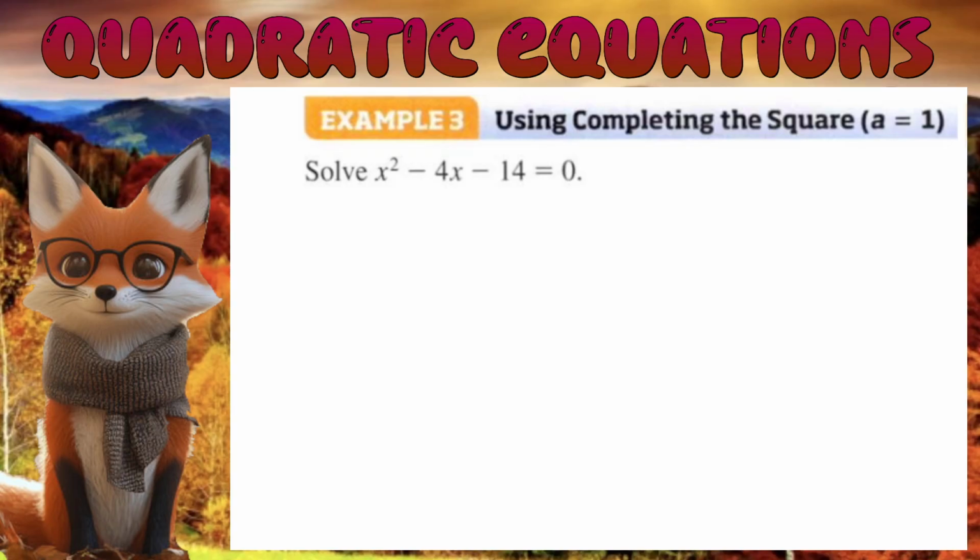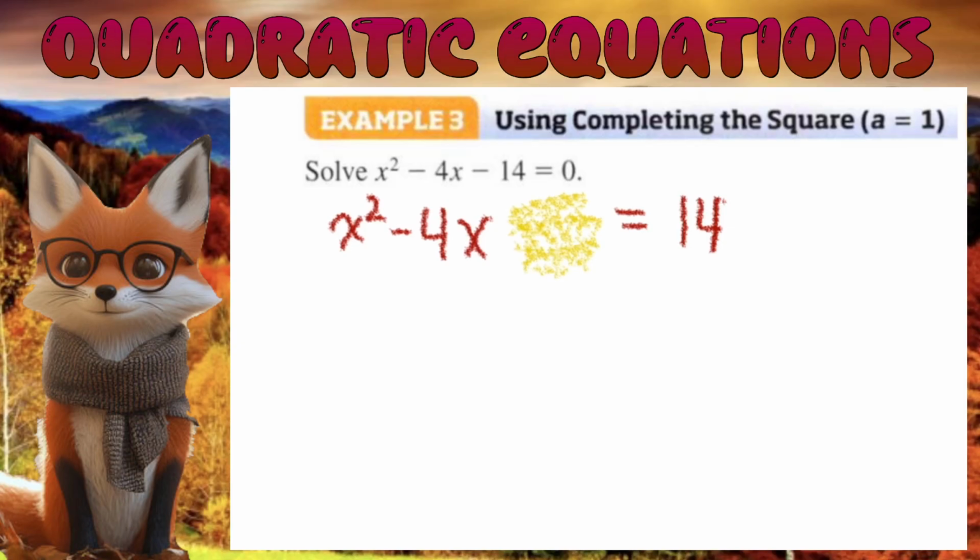So, completing the square. What does completing the square mean? Completing the square does not mean that you draw in the fourth side, right? That is not what completing the square is. Completing the square means you're going to find out what number, x squared minus 4x equals 14, where I'm going to bring that 14 over to the other side. What number do I need to add to this side, and then I will also add to this side,